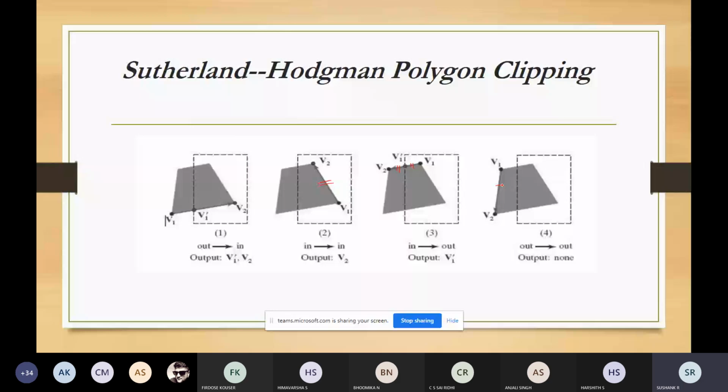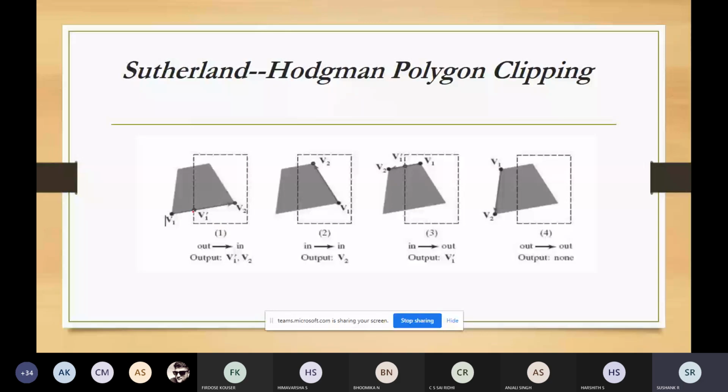So what this Sutherland Hodgman polygon clipping algorithm will do is send the pair of endpoints for each successive polygon line segment through the series of clippers. So here it is sending the lines of a polygon through the four clippers: left, right, top, bottom. Whenever they are sending, four kinds of scenarios they can encounter. First, in this line the first point is outside the clipping boundary and the second point is inside the clipping boundary, like some part of the line is outside and some part of the line is inside.